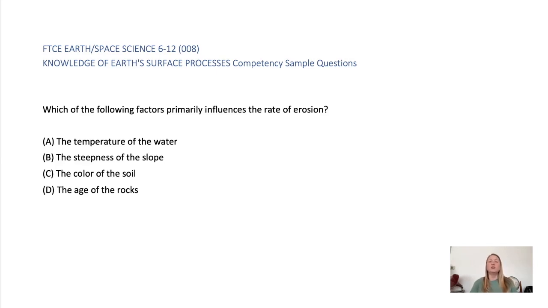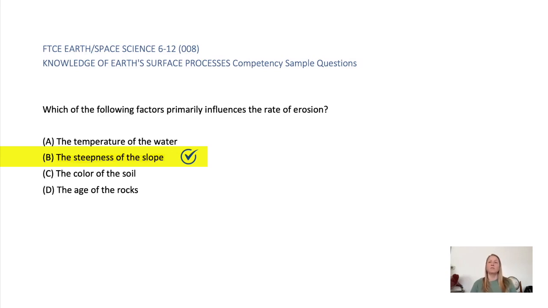A. Water temperature doesn't have a big effect on how fast erosion happens. C. The color of the soil doesn't affect erosion. D. The age of the rocks doesn't directly change how quickly erosion occurs. The correct answer is B. The steepness of the slope is a major factor in the rate of erosion. The steeper the slope, the faster the erosion because the water or wind can move more quickly and carry more sediment. The other options, like the color of the soil, age of the rocks, and water temperature, have less direct